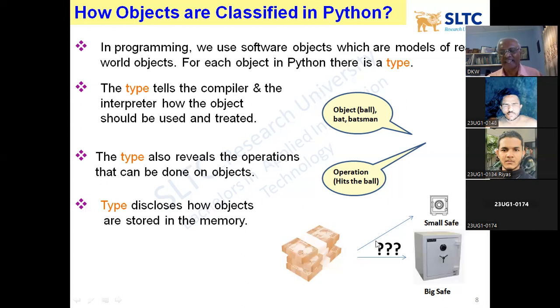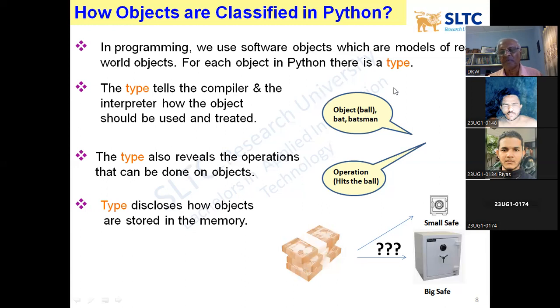Anything in the world has its characteristics, which we call data or states. Then it has behaviors. You can't separate them, and it also needs space to live. It occupies a space, and the space depends on the object.